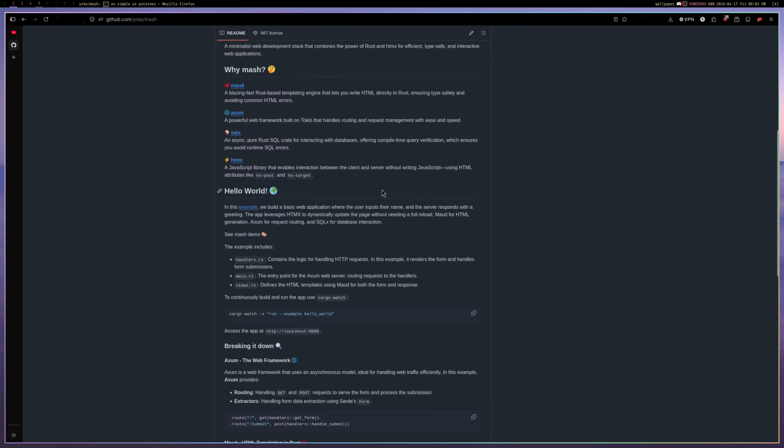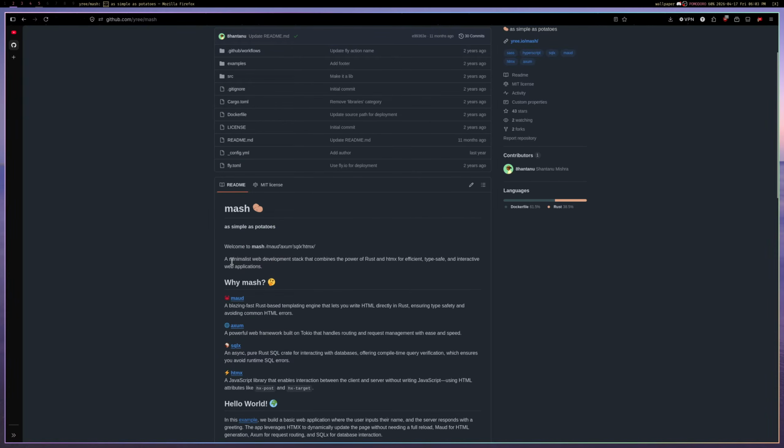So it's just, I want to use Rust, right? I'm learning Rust. So let's try to create some sort of web development stack, or use a web development stack that has the power of Rust, right? And this is kind of what I came upon. And what I want to build with this is a meal price tracker, maybe